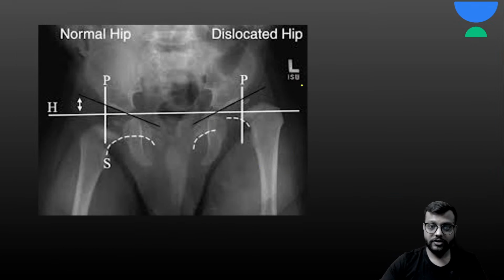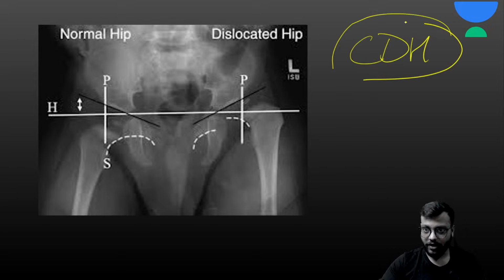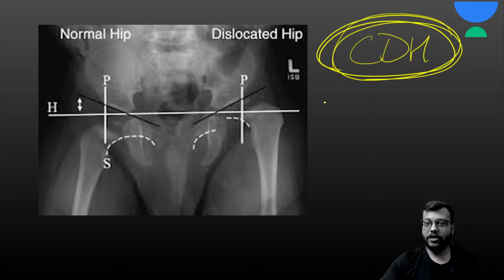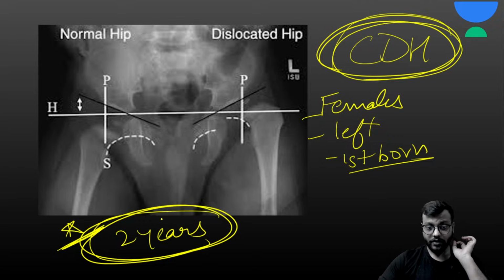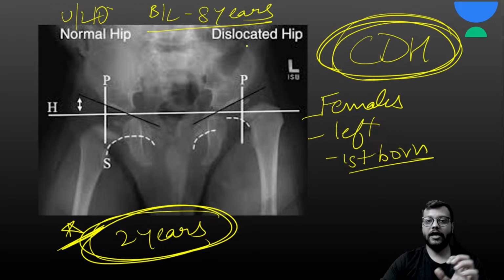नाउ व्हाट इज दिस? दिस इज योर कॉन्जेनाइटल डिसलोकेशन ऑफ द हिप. ओके, सीन इन चिल्ड्रन, किसमें? फीमेल्स में दिखता है ड्यू टू रिलैक्सिन हार्मोन लेफ्ट साइड में, एंड फर्स्ट बॉर्न के अंदर होता है. एंड टिल 2 years of age द क्लोज रिडक्शन इज डन इजीली. बट अगर आपसे पूछे मैक्सिमम कब तक कर सकते हो, तो यूनिलेटरल केस में टिल 10 years, and bilateral केस में till 8 years. and what is the treatment of choice? reduce करो and then maintain it by traction or the hip spica, mainly by the hip spica.